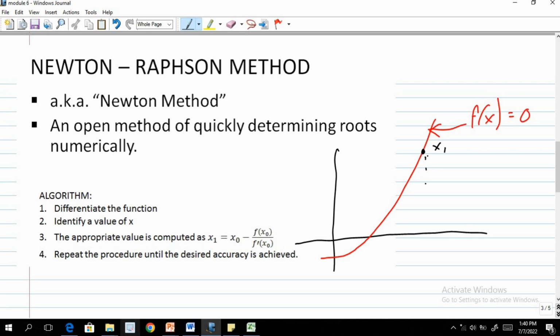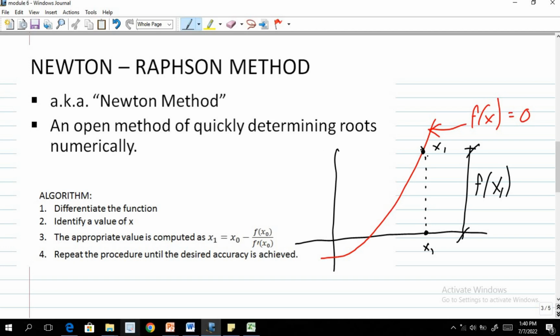If we project it onto the abscissa, this is your x1. This elevation is your function of x1. Then, if we try again to draw,